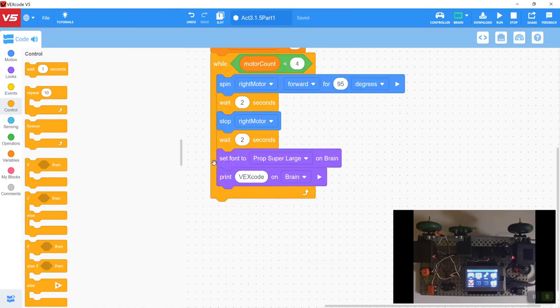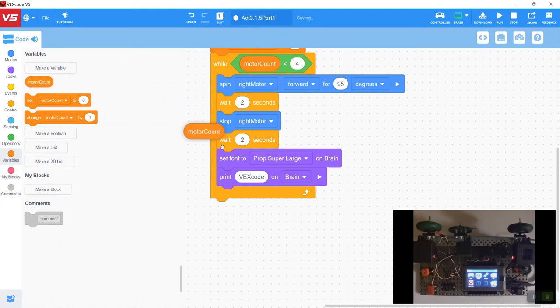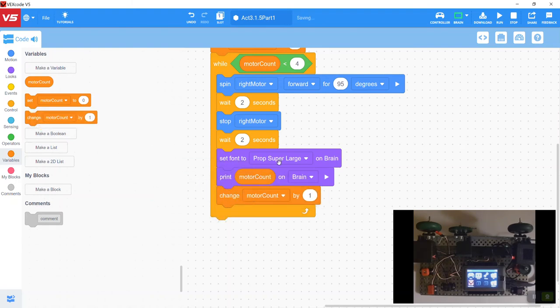And then after that, we're going to go back down to our variables, and we're going to have it print the motor count variable, or the amount of times it looped, and then we're going to go ahead and change the motor count by 1, which means as we look at this program,